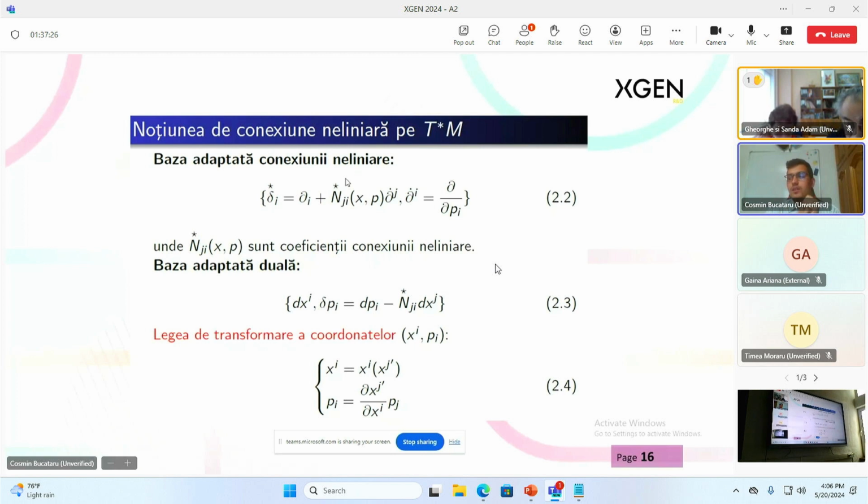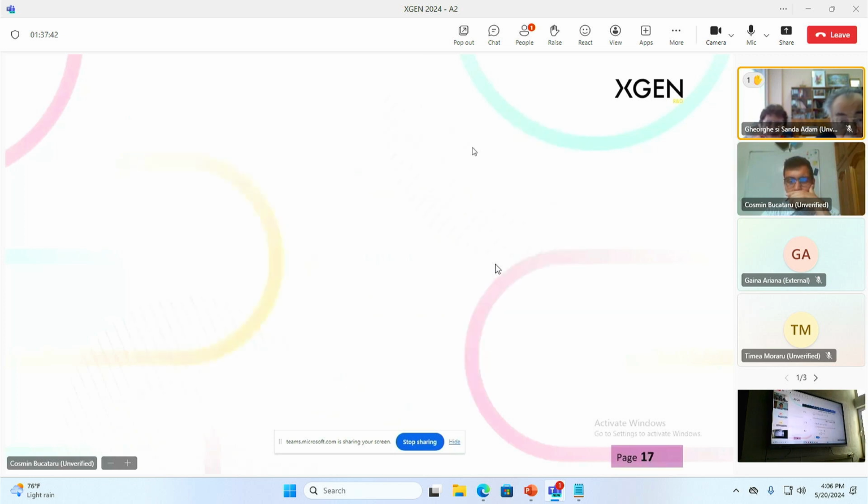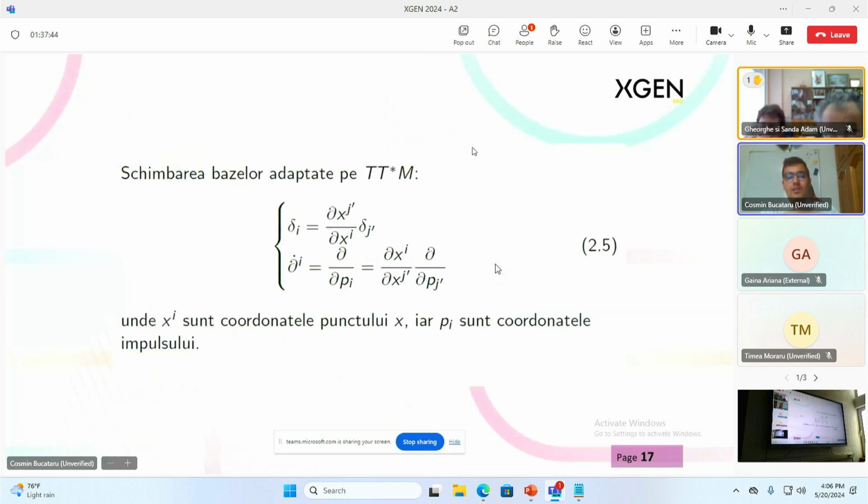we have both indices down, star, because when we use the momenta, the indices must be down. Okay. This is how the adapted basis will change over the double